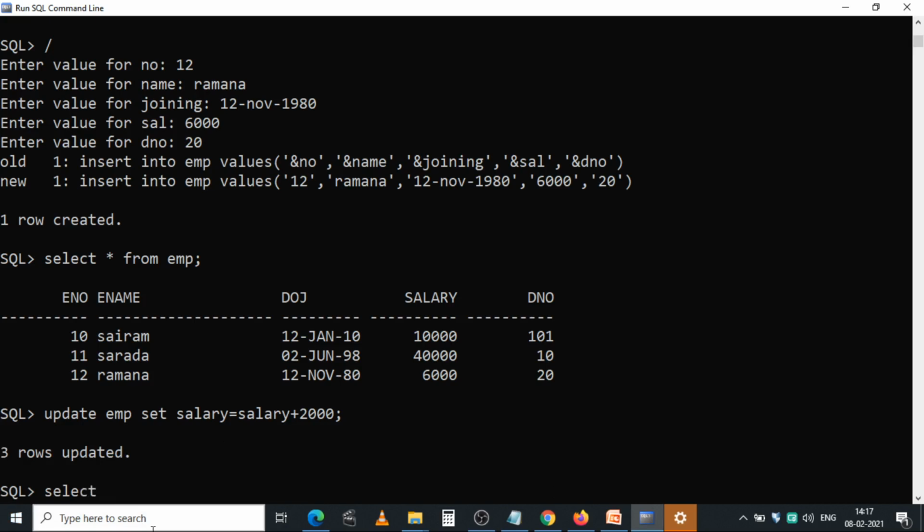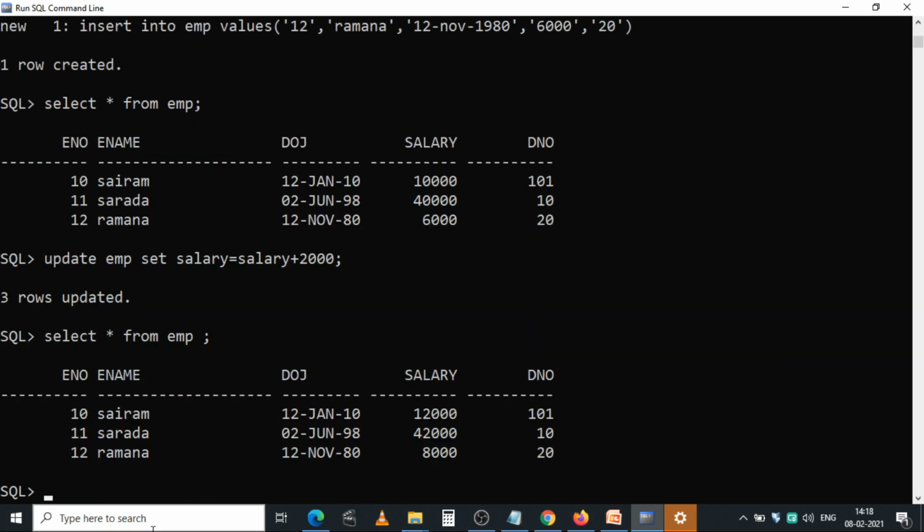Now to check the change, press the select command, select star from EMP. Just execute it. Just see. Okay. To the previous salaries, you have added 2000 for all employees. And already we know that all DML changes are not permanently saved.